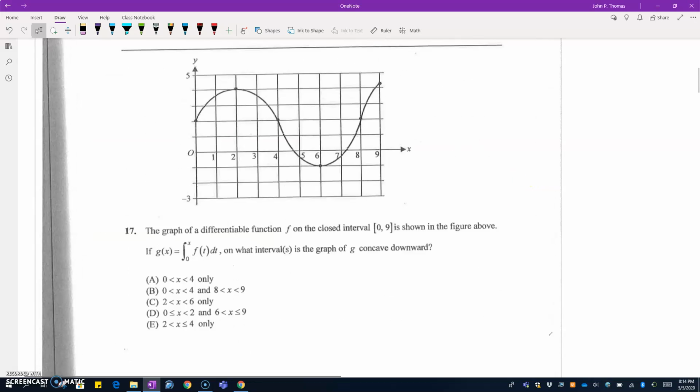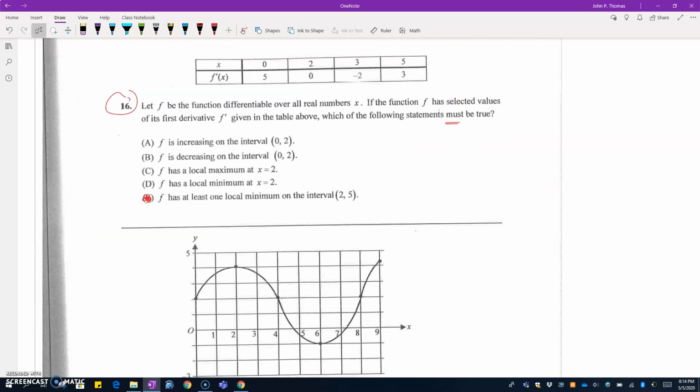All right, let's take a look at the two questions that you'd asked about. So number 16 says that we have a function, it's differentiable. Values of the derivative are given in the table, and it asks which of the following must be true. Now, the biggest misconception on this one is people make assumptions about what happens between 0 and 2, between 2